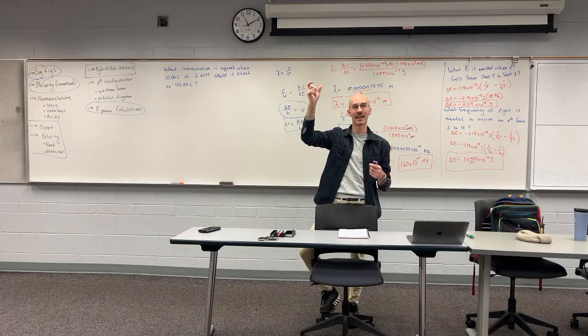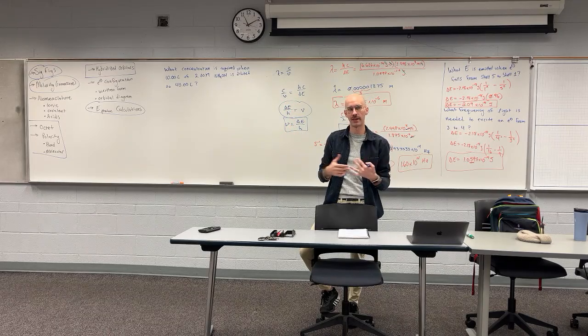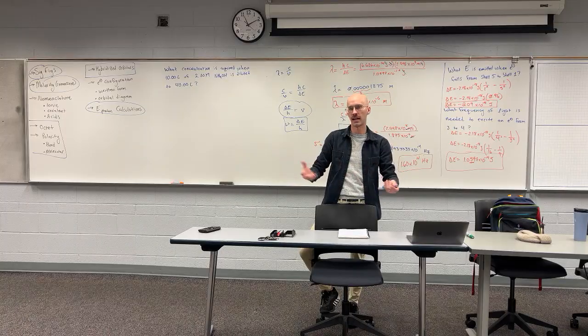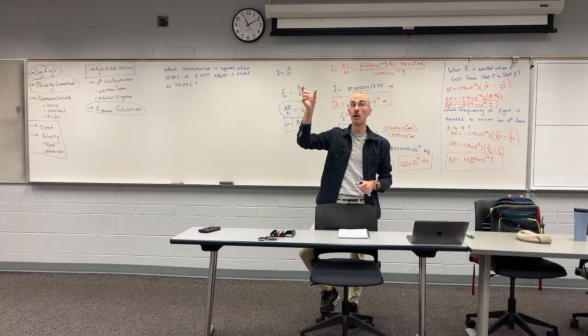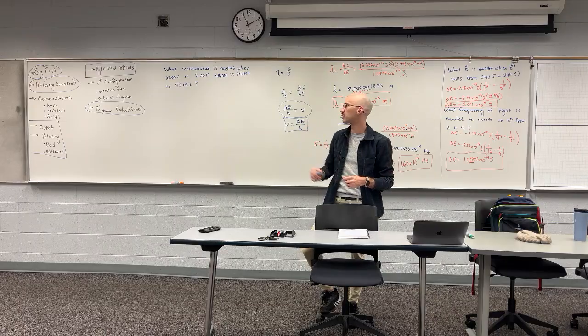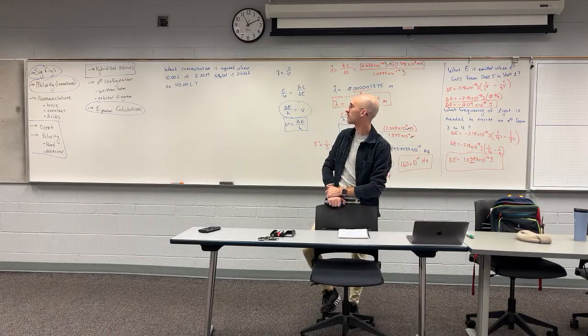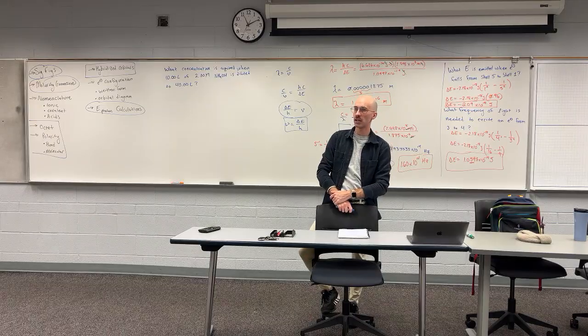Cations often end with that -ium part of their name. Ammonia is a very common chemical. Like ammonia is things that you want your plants to have so they can grow nice and tall. Ammonium is the cation version of that. Ammonia becomes ammonium. So if I have 10.00 liters of 2.00 molar ammonium hydroxide